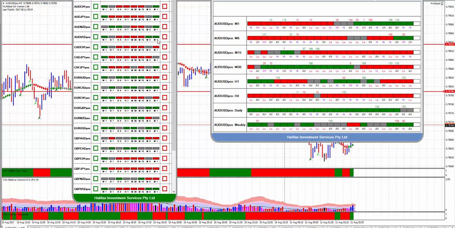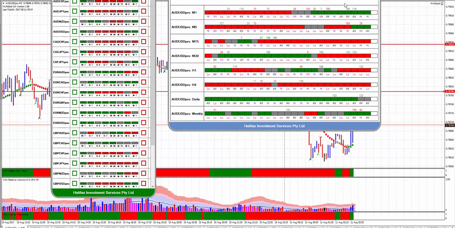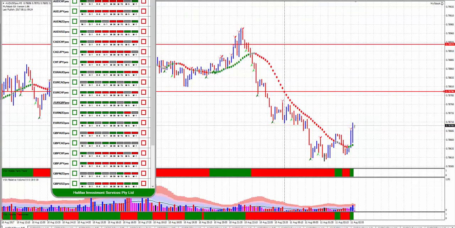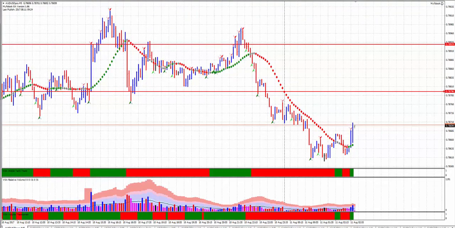The 5 and the 1 minute are up, and we can see on the scanner exactly what is happening as well with each of the time frames. Okay, so at this stage we do see that the Aussie is weak, and if I bring up my currency strength meter,